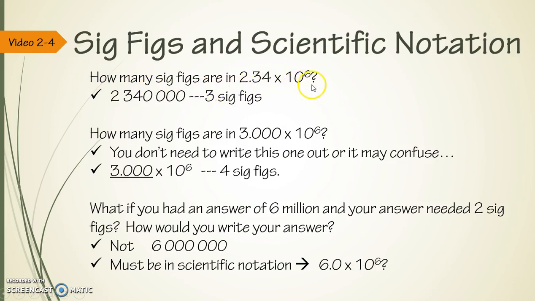How many sig figs are in this one? Well, you could go and write it out if you want to, but there's really no need. You can just notice that this first part here has 3 significant figures and this times a multiplier. So it's got just 3 sig figs. How many sig figs are in